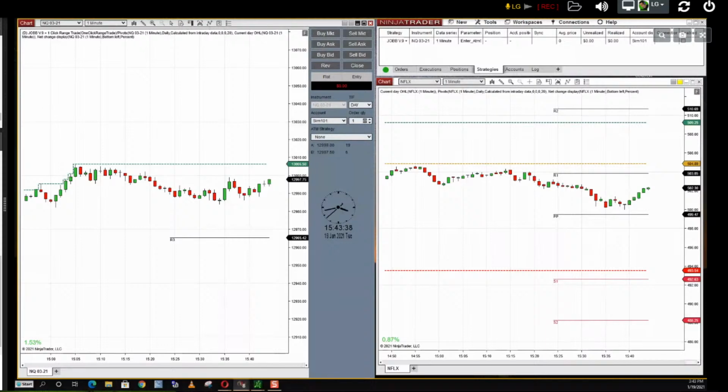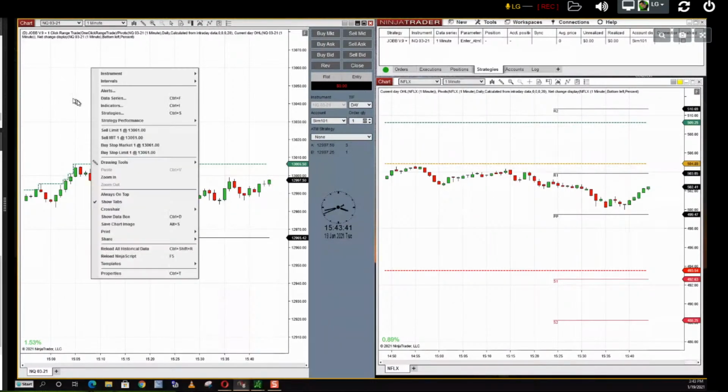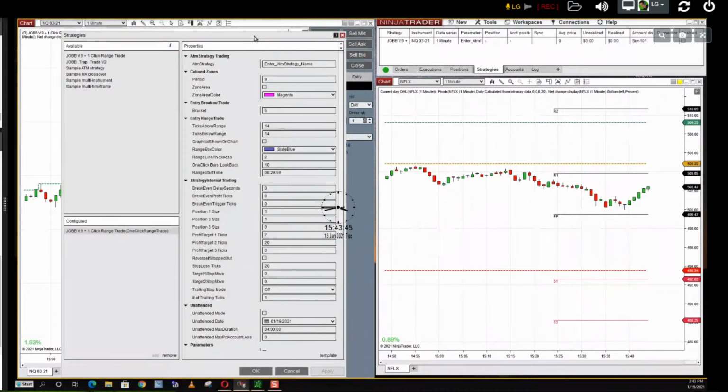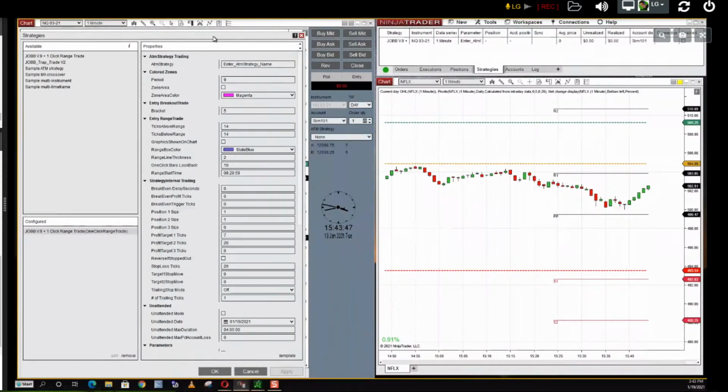It would be possible to trade stocks with our strategy, but we're not a stock trading company. You have to have a lot more money in your account. There's a lot of rules about day trading and